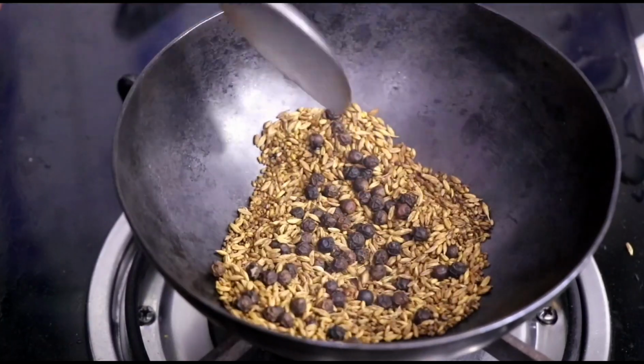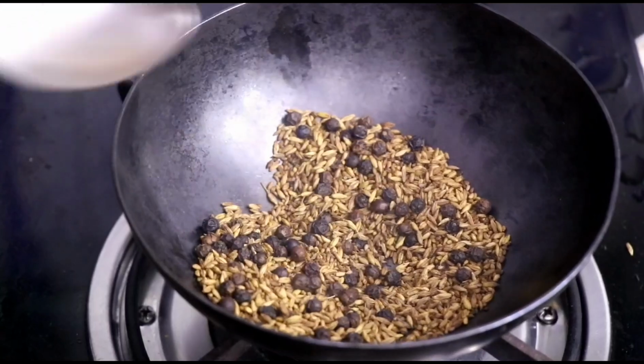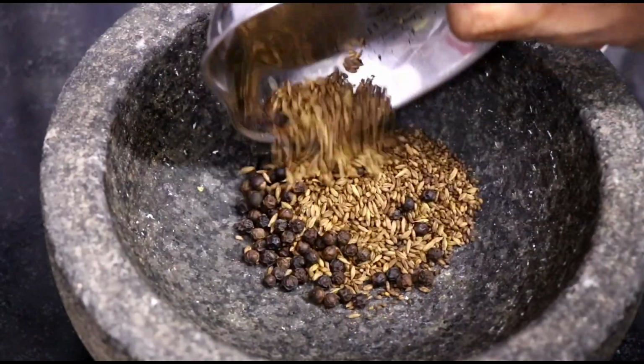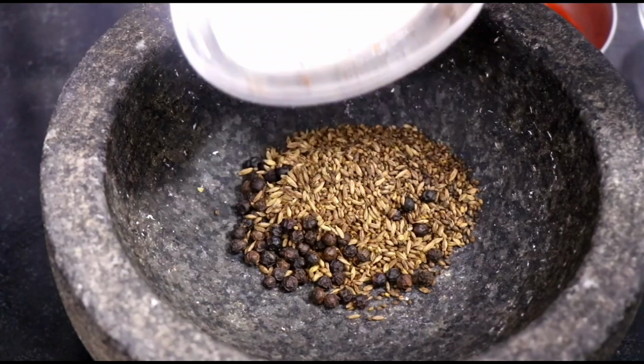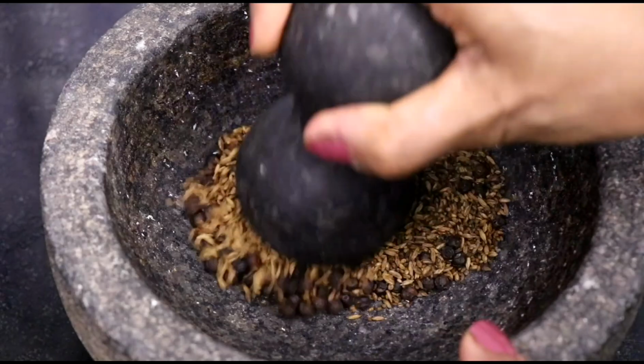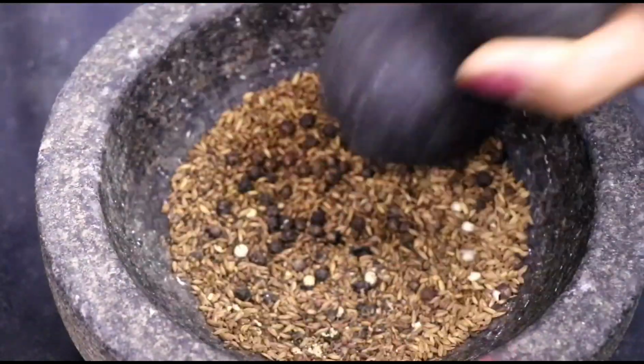Now it is 2 minutes and you can see that all of these ingredients have been roasted well. We have switched off the flame and we have transferred all these to a mortar and pestle. Now let us crush coarsely first